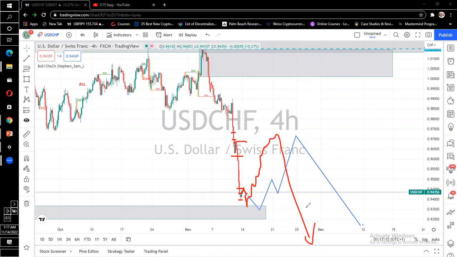This is also what I'll be expecting to see from this particular pair. So we'll have correction, then we'll have also another impulsive movement after this correction. That is what I'm expecting to see from this pair. Then the next one